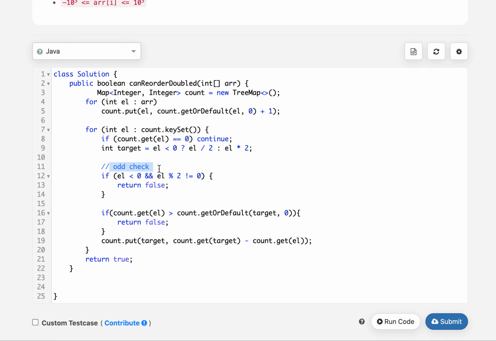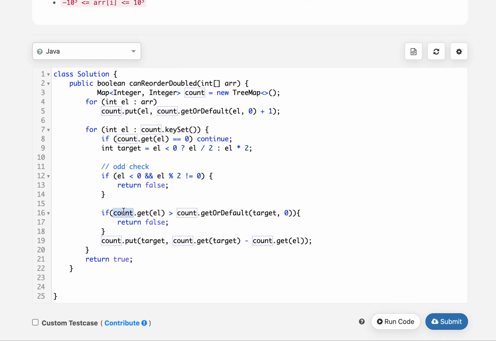Next, I have checked if my current element is less than 0 and it's odd in nature. If it's odd in nature, that means I need to return false from it. I move ahead, I check what is the frequency of the current element.